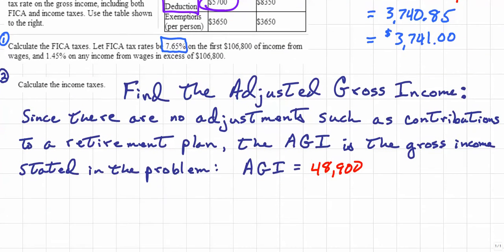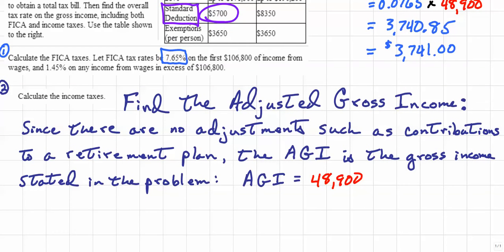So if we have $48,900 and we are going to subtract from that the standard deduction of $5,700,